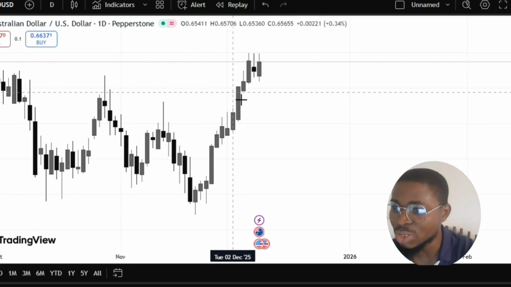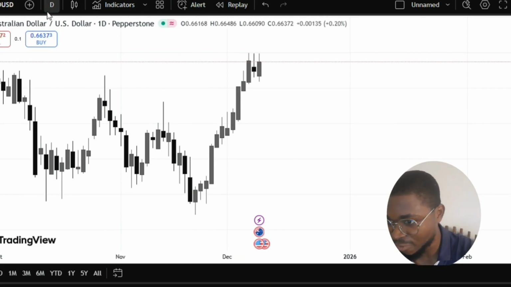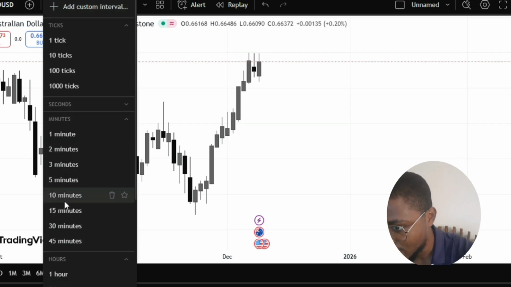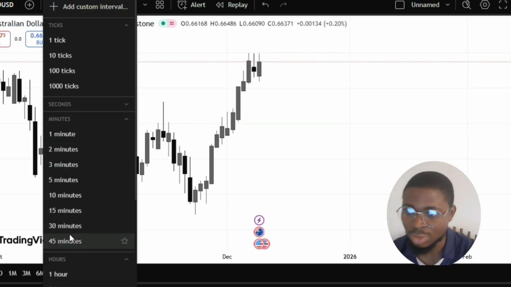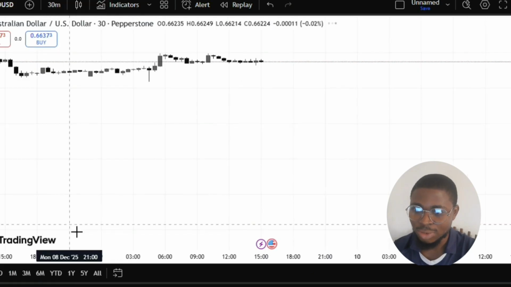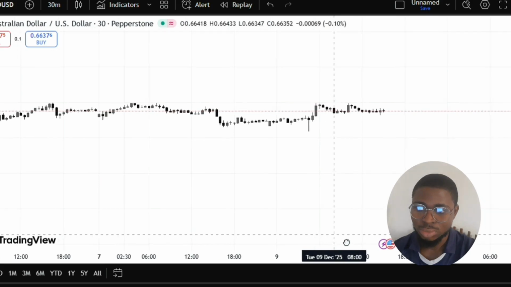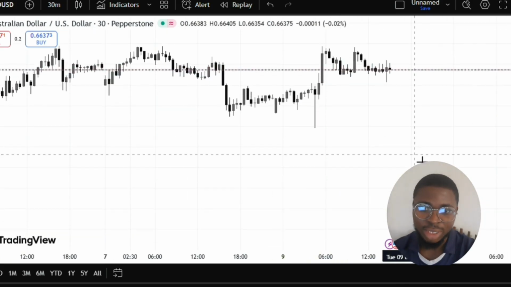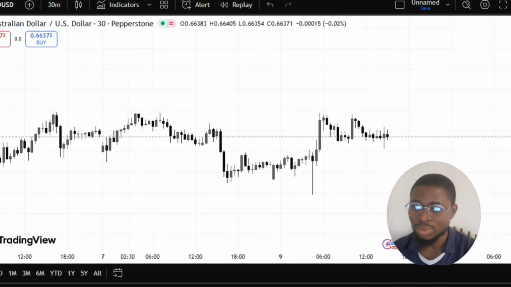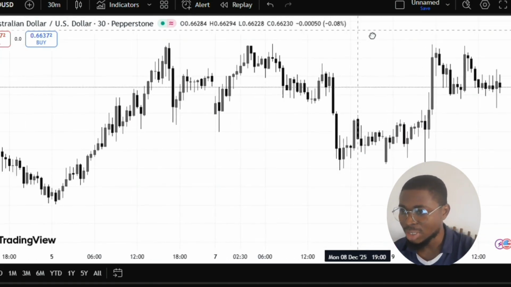The next thing you should be doing is to go down to your lower time frame, your entry time frames, probably your 30-minute time frame, right? Where you can easily mark out structures, right? Go to the 30-minute time frame and mark out your structures, right? Let's start from here. See price giving us